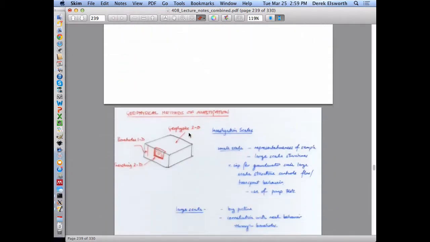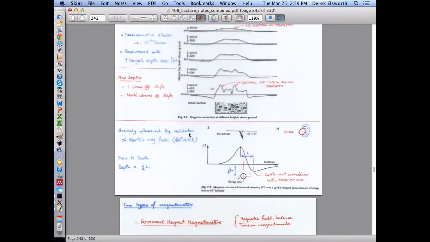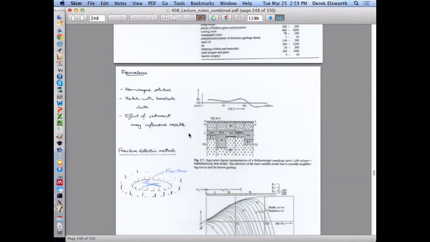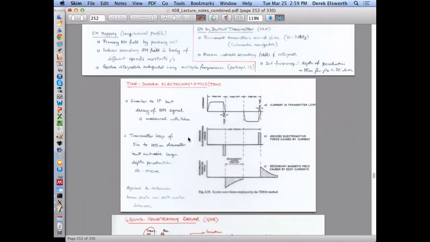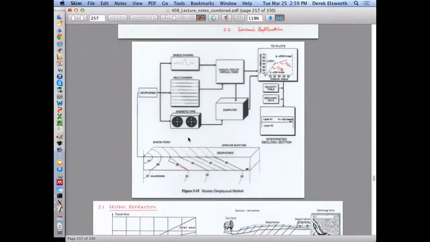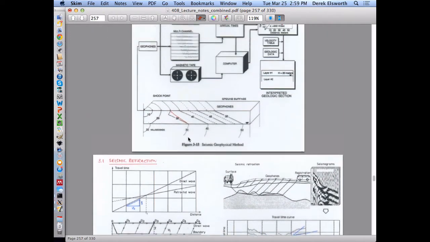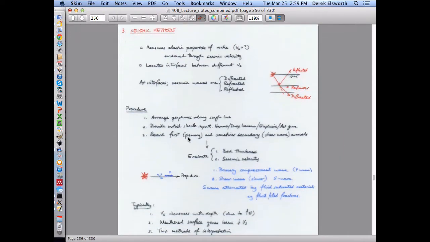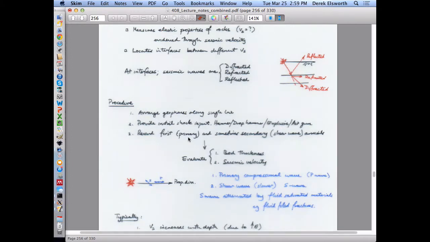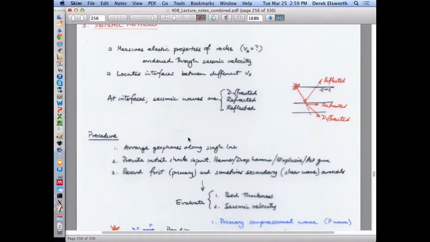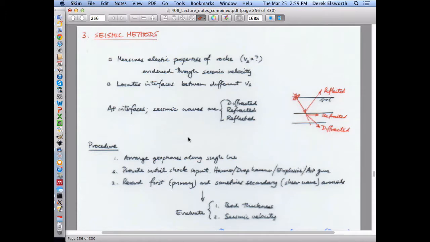I say lightly primarily because the proxy that they pick up is the acoustic velocity, or the P wave velocity, and the S wave velocity of the soils. And that doesn't change very much with how much contaminant you have in it. And it doesn't change all that much even with how much water you have in it. And so the acoustic waves aren't very sensitive to things that you might be interested in. But it is used, mainly to pick up stratigraphy. The principles are pretty straightforward. It's just like GPR, except now